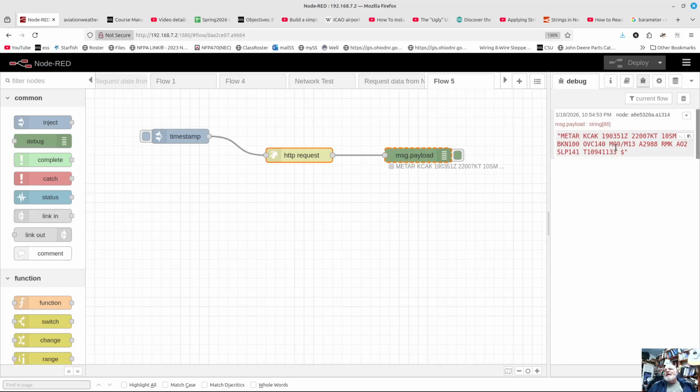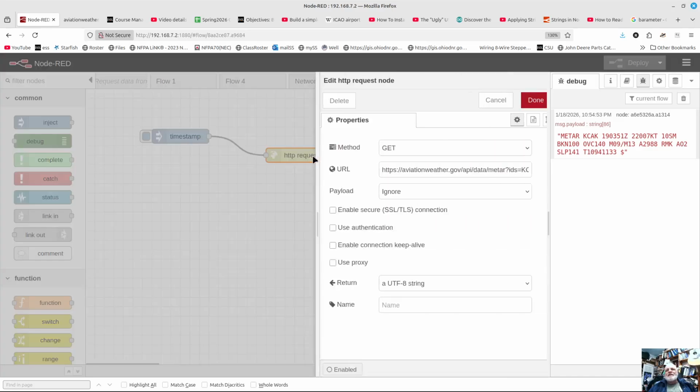And then the temperature is M09, so that is -9 degrees Celsius. So it's a little bit chilly right now, -9 degrees Celsius. All right, so now we've seen that this works, but again, if I double click on this,